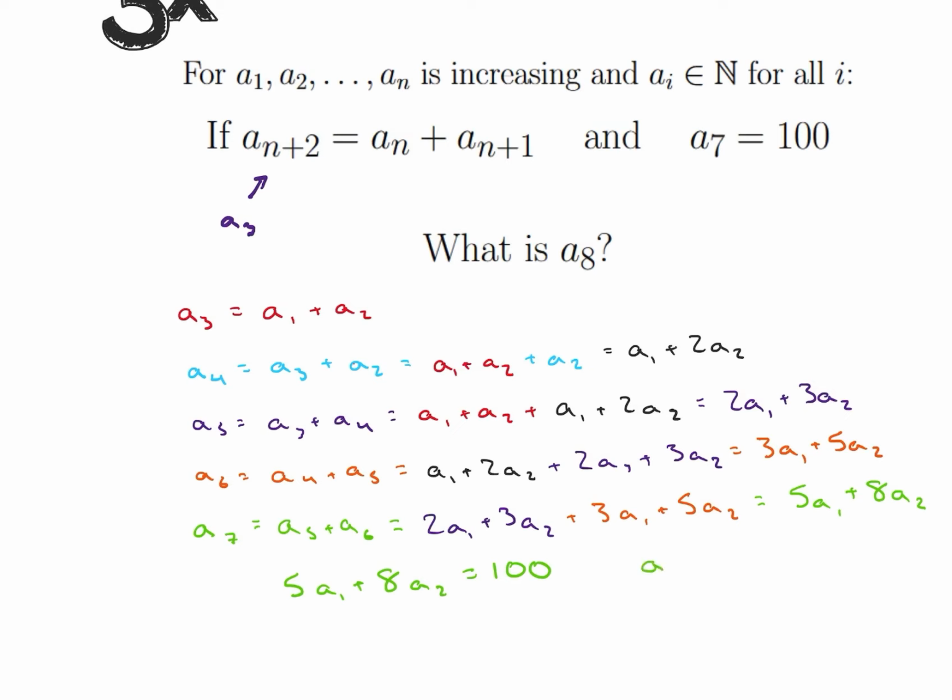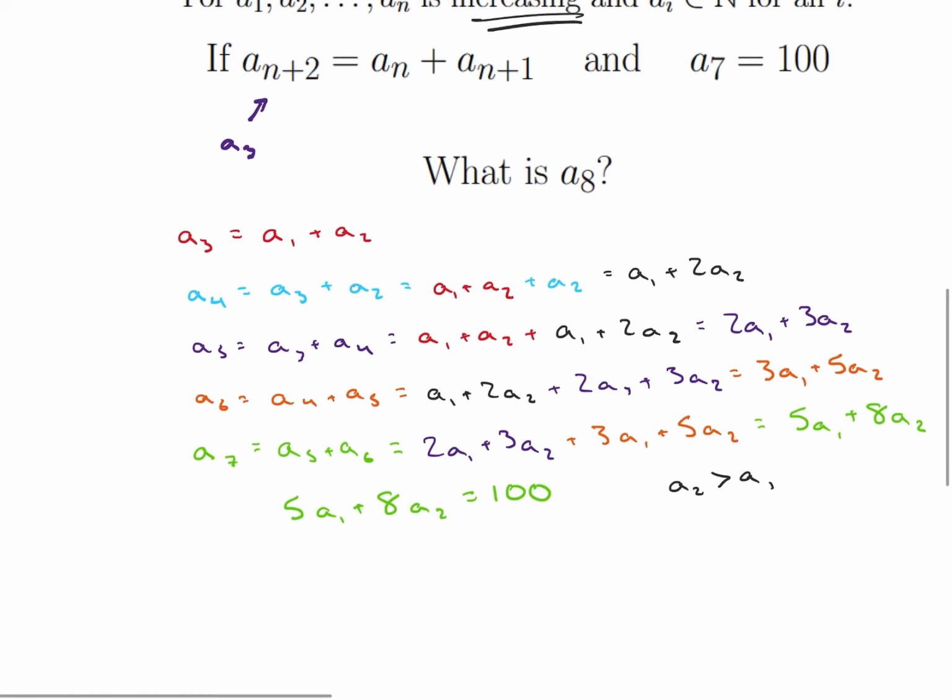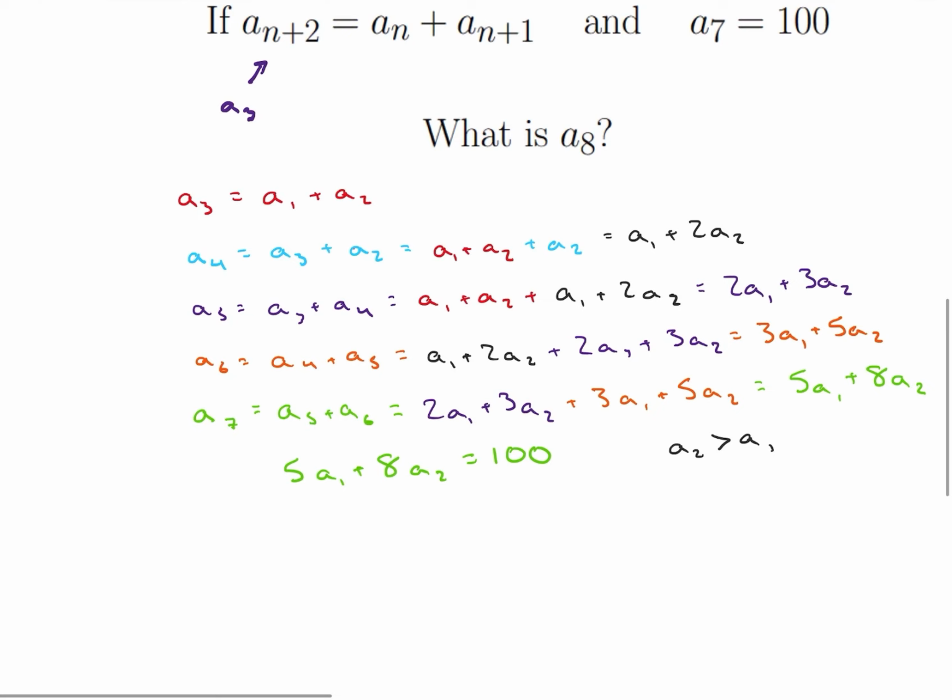And I know from the problem statement, so from above here, it's increasing. So a sub 2 is greater than a sub 1. Okay, so that tells us a little about what's going on here. Now, if I want to look at my next term in the sequence,